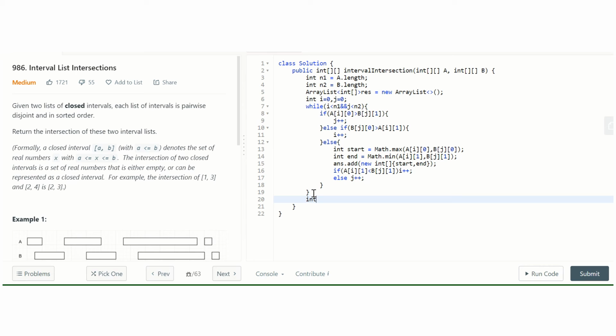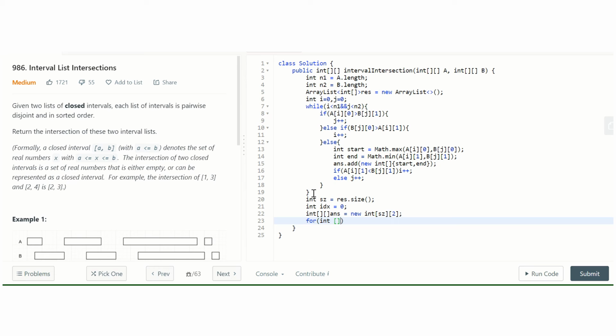So let's calculate the size of our result. Let's take one variable index equal to 0, and create a resultant array answer of size res dot size, comma 2.